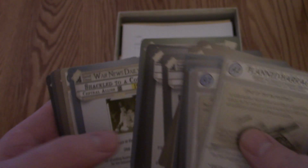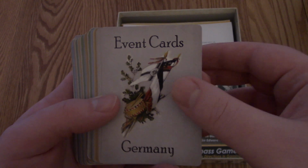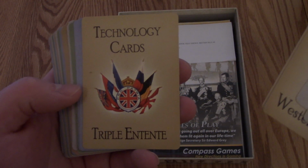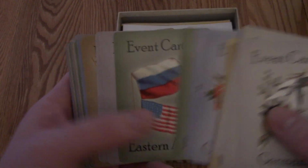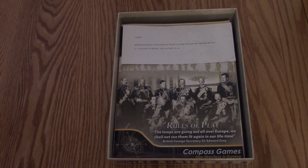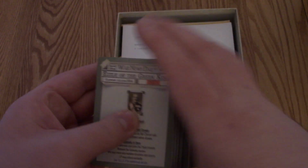So a bunch of good stuff here. Really, the art here is really commendable. Germany, Western Allies, Triple Entente, Central Allies, Eastern Allies. So there's another stack here. So, Central Allies, Germany, and more stuff